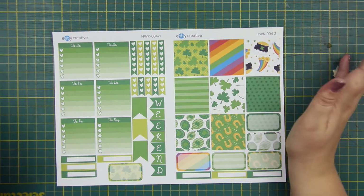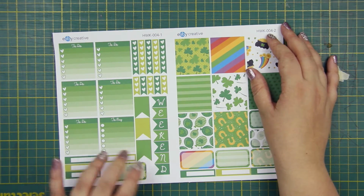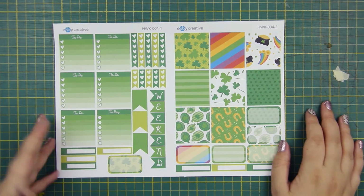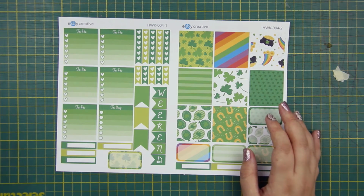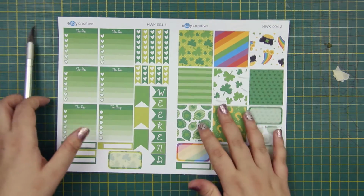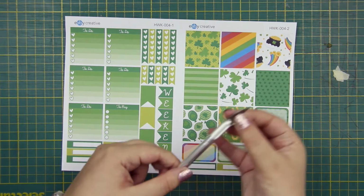And I would not really recommend cutting round shapes, especially until you get more practiced, because it will not be easy. That being said, straight shapes you can cut with scissors. I just find that this way is a little more precise using an X-Acto blade. So to do this method, obviously you need an X-Acto blade, and you can pretty much get this at